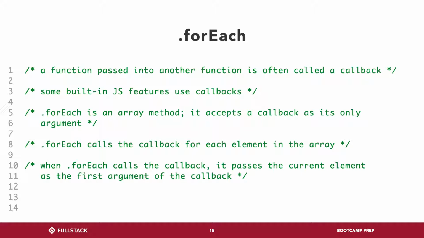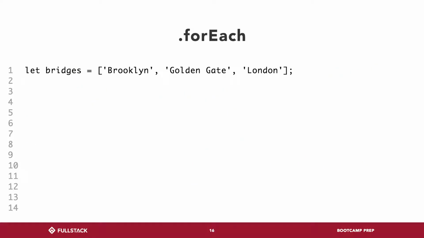It's an array method and it accepts a callback as its only argument, which means it accepts a function as its only argument. When forEach calls the callback, it is passing the current element in the array as the first argument of that callback. So to give you an example in code,